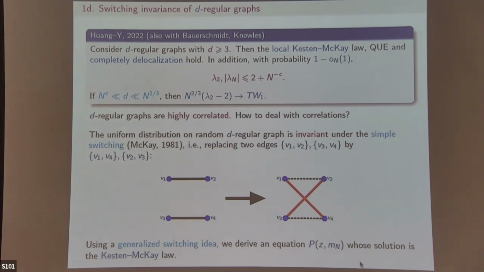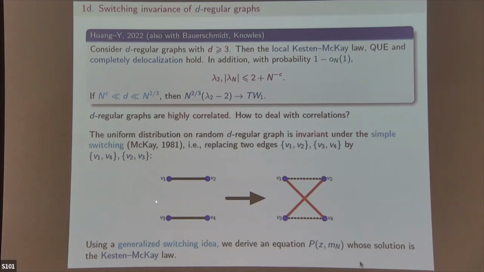So this is how you introduce some sort of independent random variable into the process. And actually, I didn't know, but McKay already looked at this in 1981. I don't know what he did with this simple switching. But with a lot of this, and also in the case of d bigger than or equal to 3,